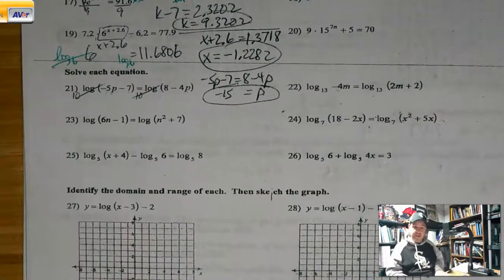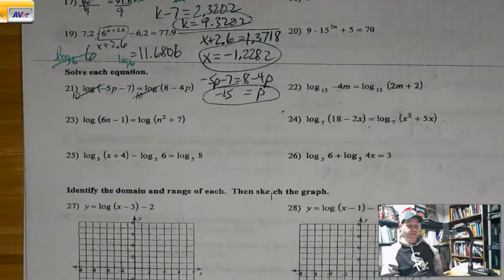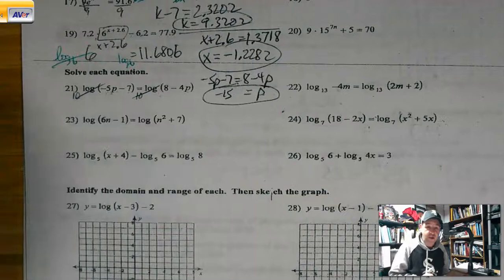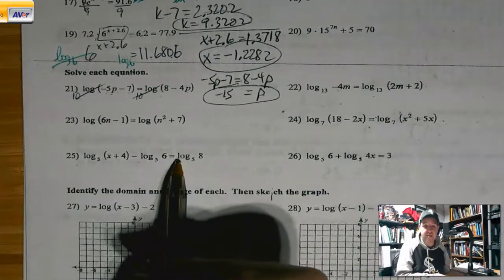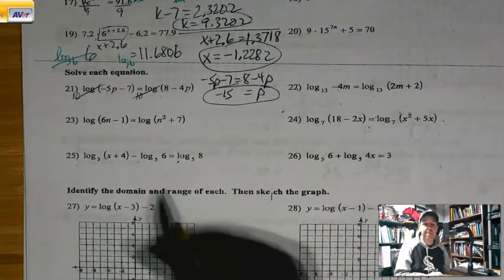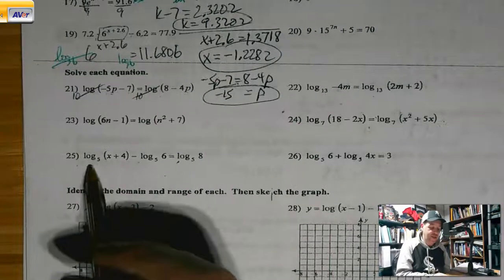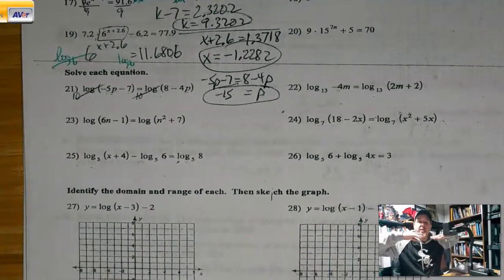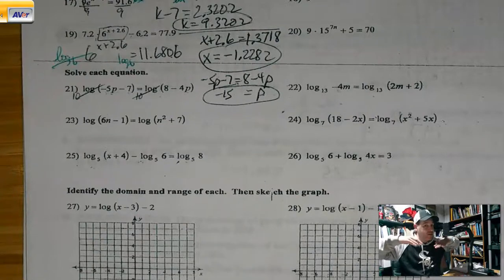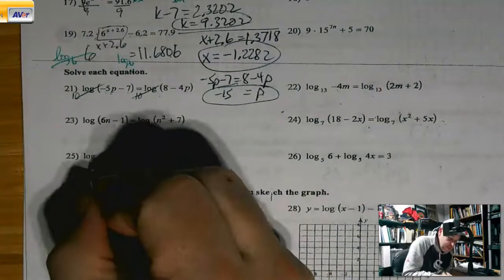If there's two logs on one side, we need to do some condensing first. We can't just do 5, 5, 5. You're like, well, why not? Well, what you're doing now is you're exponentiating twice to this side and only once to this side. In algebra, we know we want balance. So 2 on this side, 1 on this side is not balance. So to get that balance,